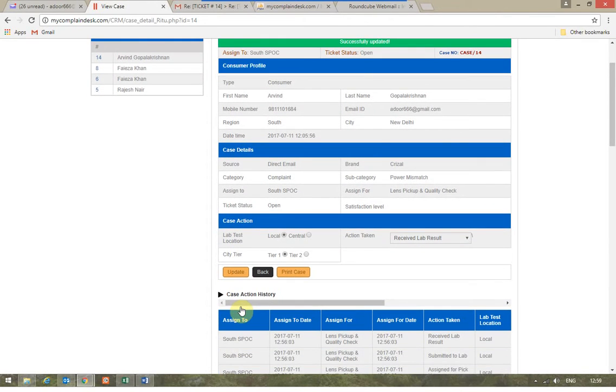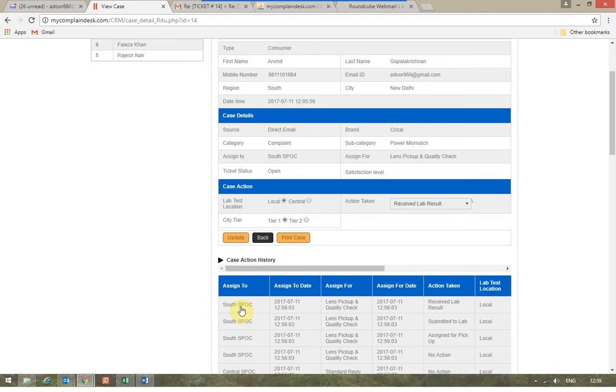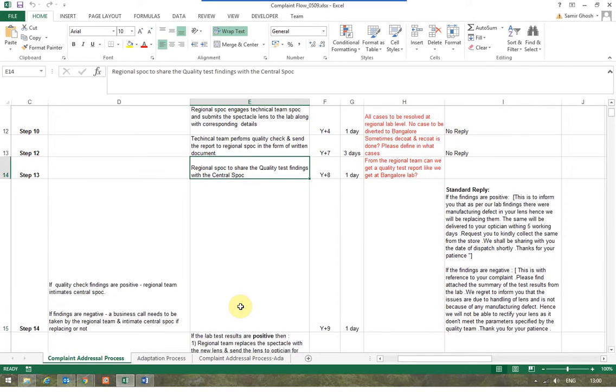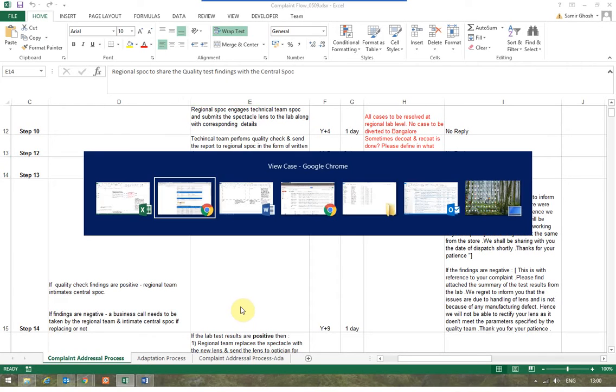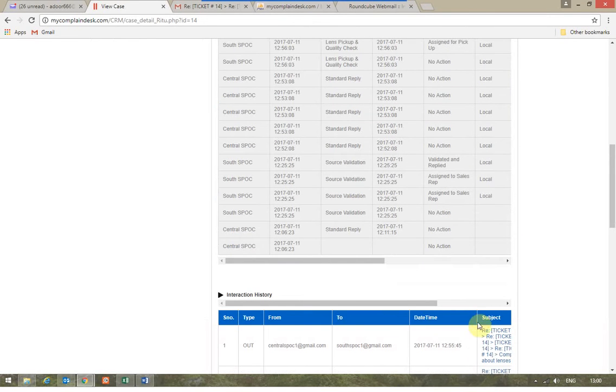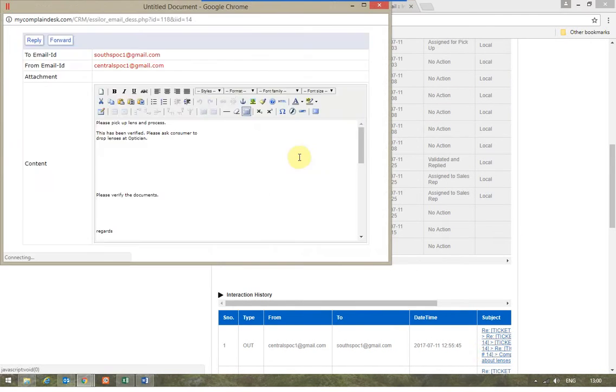Now assume that they have decided, okay, we will repair it and we will deliver within so and so time. So what the regional Spock will do is that he will send a message, he will share the quality results with the central Spock and say how much time it's going to take. So once you reply